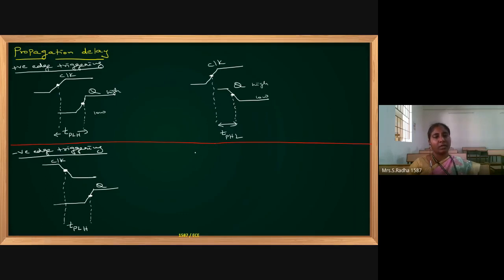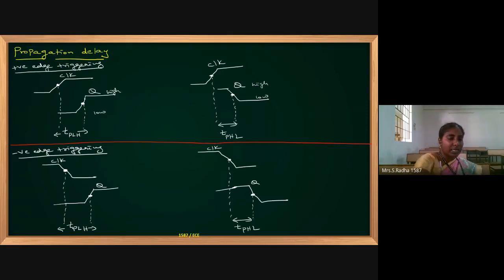Clock is negative going clock. And again I will consider clock is negative going, but now output is moving from higher voltage to lower voltage, but with some delay. Instantly when clock is ready, output should be ready, but it is coming with some delay. Hence this is the propagation delay for the output moving from higher voltage to lower voltage. Okay. So this terminology you will come across in different subjects.